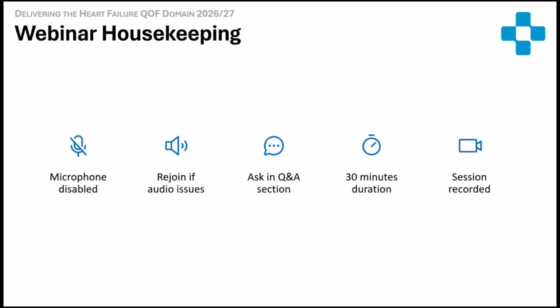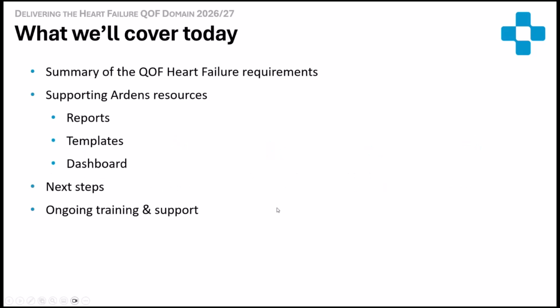Now, if I just move on to the next slide. So what are we covering today? As I said, the heart failure QOF domain. Mariette's just going to go through a summary of what those requirements are, just looking at the indicators. It's not too bad, this one. Hopefully there's not too many nuances, but as with all of this QOF, there's sometimes confusion, so hopefully we'll make it nice and clear exactly what's going on with this one. And then I'll dive into looking at the resources within SystmOne as much as I can do. So what reports are there that could help you with some of these indicators, and also just the templates.